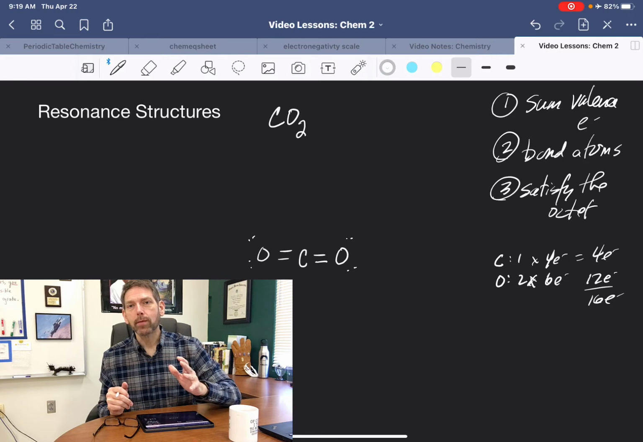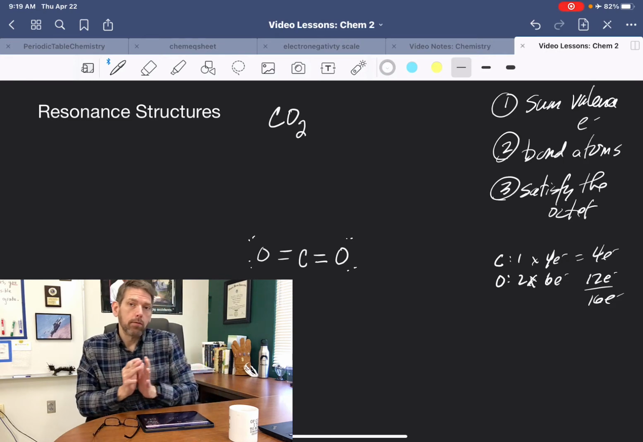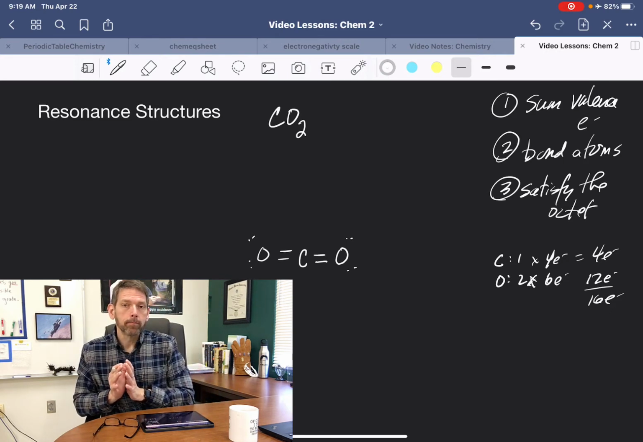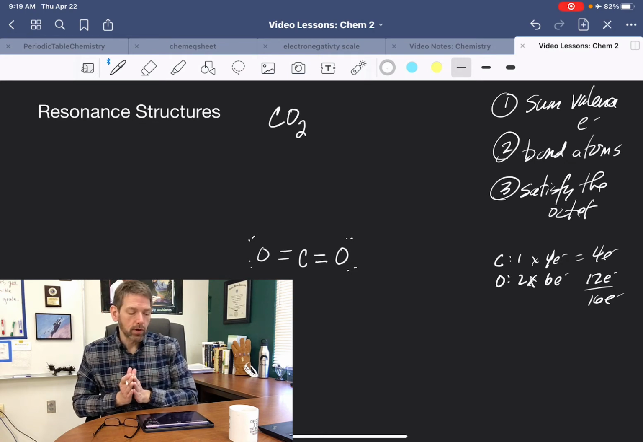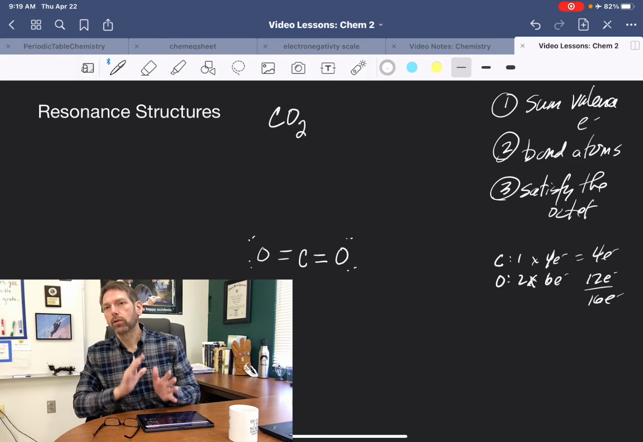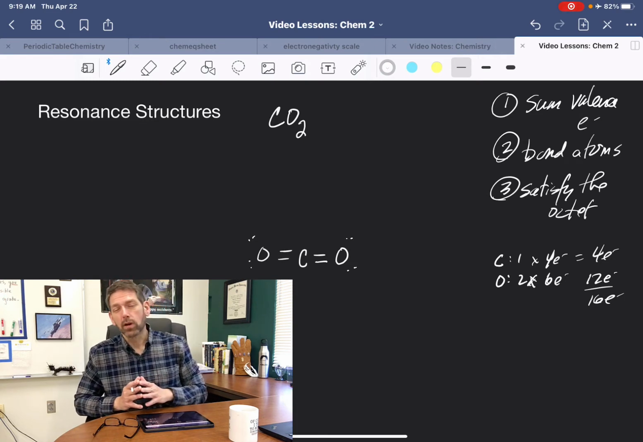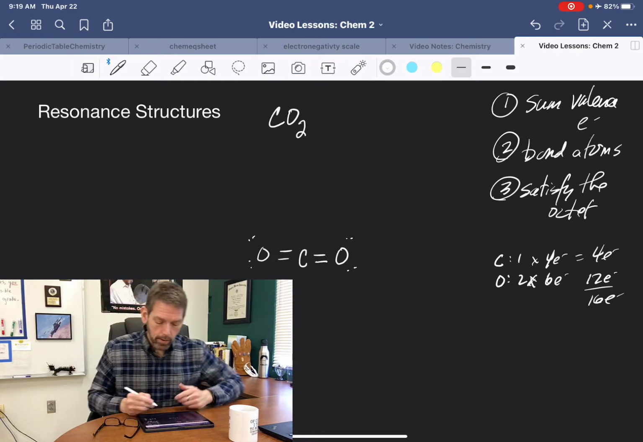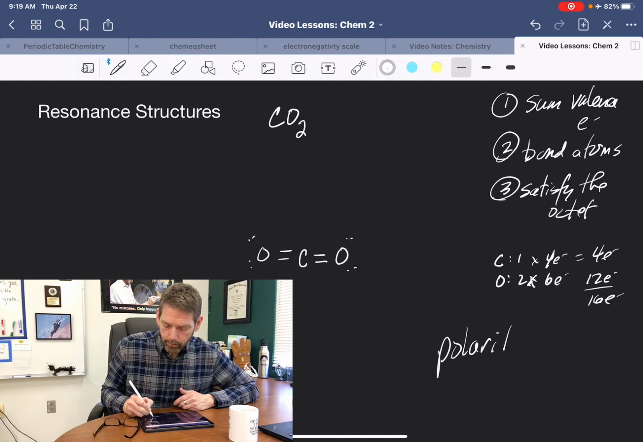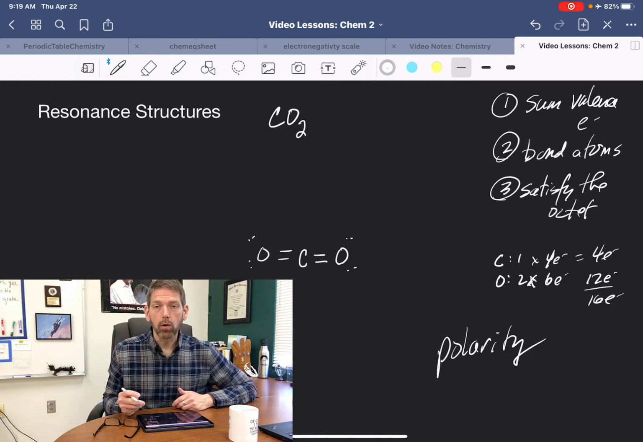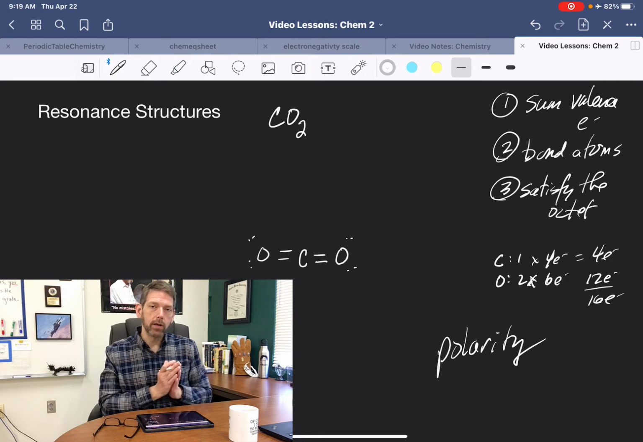At any one time, those electrons are moving over. There's a constant push and pull. There's a lesson coming up in the future that'll help tie this all in. I don't talk about it until a later date because we need to understand Lewis structures to really fully understand that concept. But you've heard of polarity, right? Well, when things are polar, polar means side or end. And so